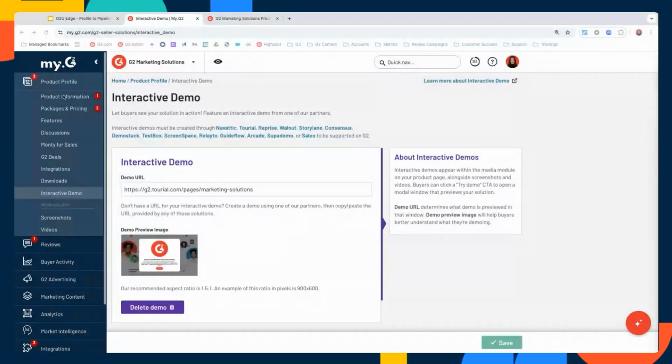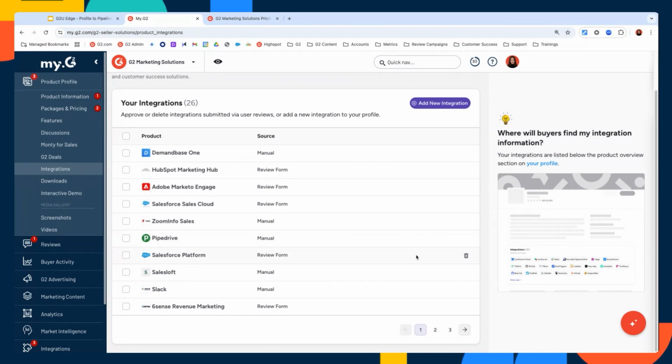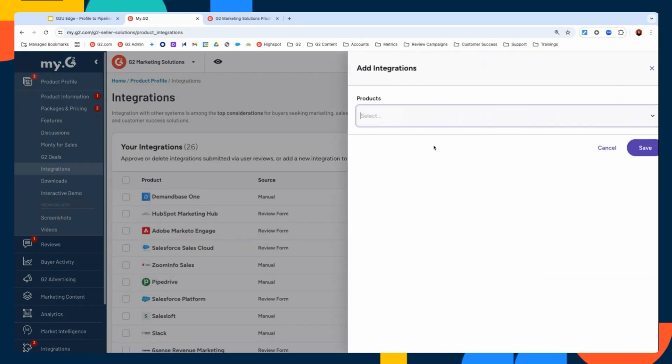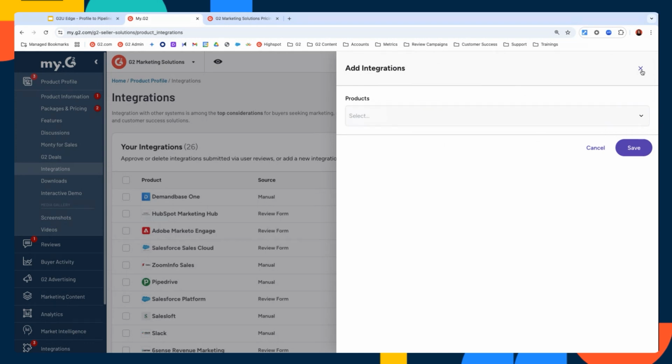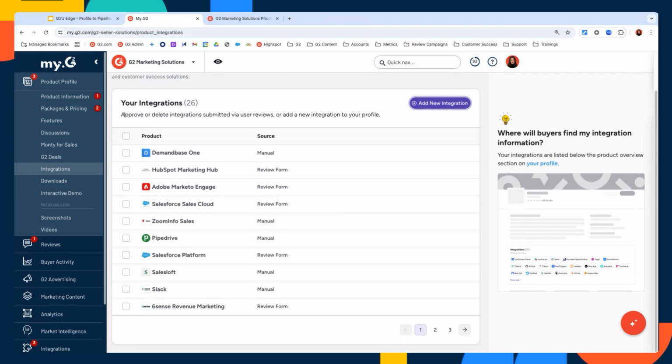That lives under the product profile section on the left-hand side, and right below G2 Deals we have the integration section here. You can see the blue, exactly. So add a new integration here with this purple plus sign. And again, you can approve or delete integrations as well for those that were submitted by reviews.